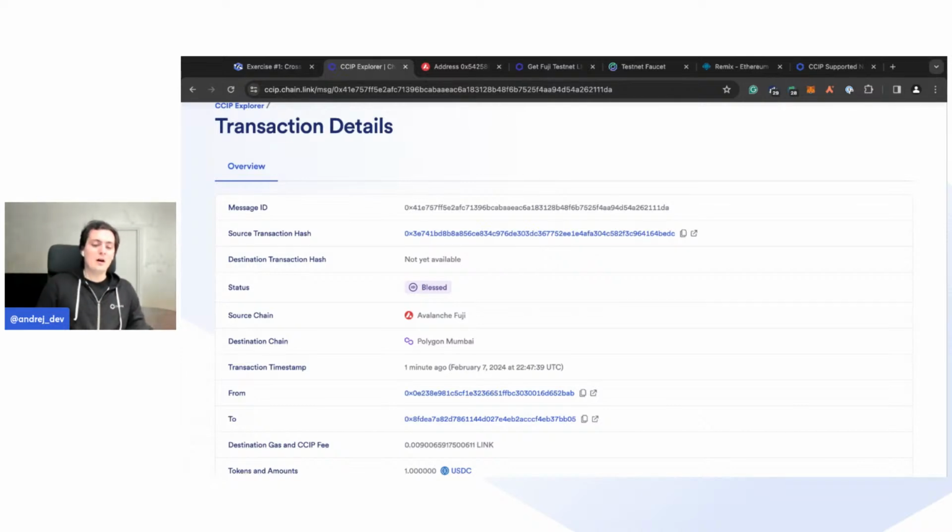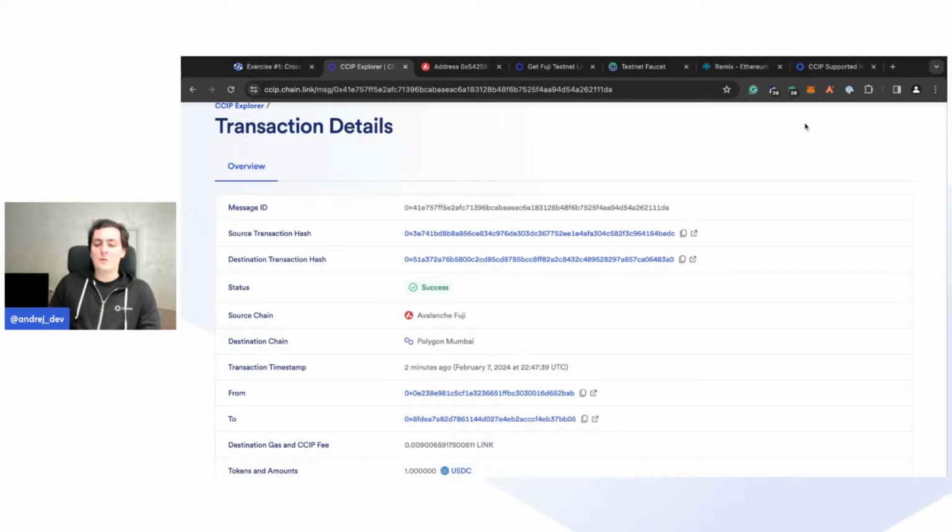Now our executing DON is interacting with the CCTP protocol under the hood. We minted some new USDC on Polygon Mumbai, and finally we have a success status, meaning that the USDC tokens arrived on Polygon Mumbai. So if I switch now to the Polygon Mumbai testnet, which is over here, and go back to tokens, I'll see that I have 12 USDC now,